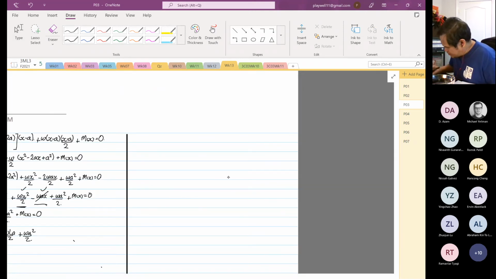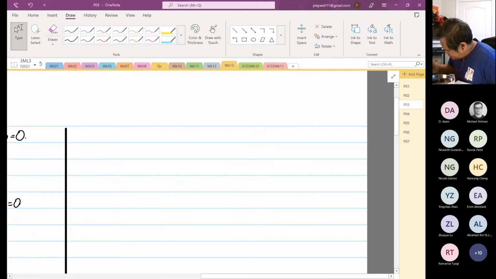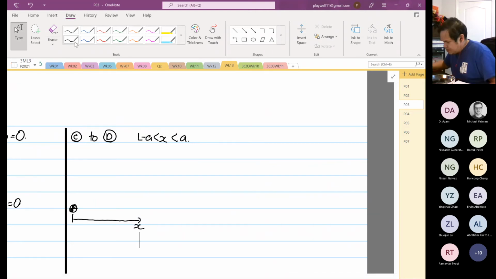So the last section is from point C to point D, so it's L minus A to X to A. Now this you have to be careful. So datum is still on the left-hand side. Now the distance from here to here is X. So again, we draw